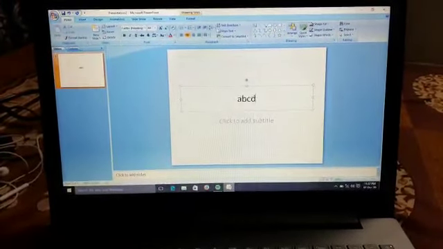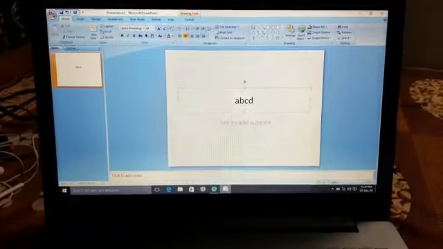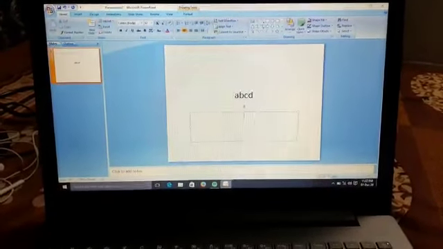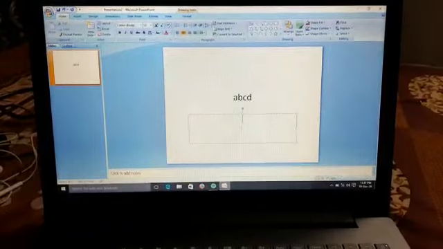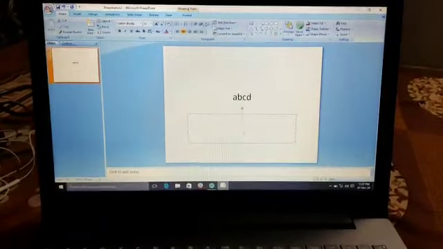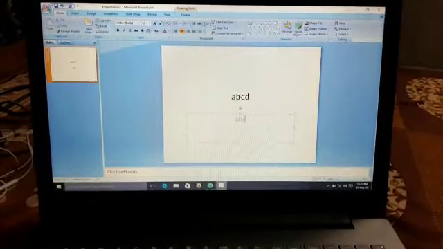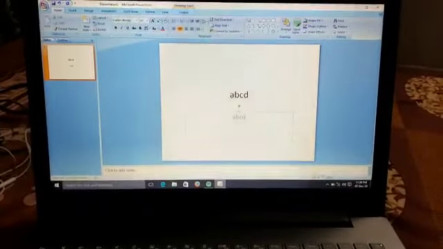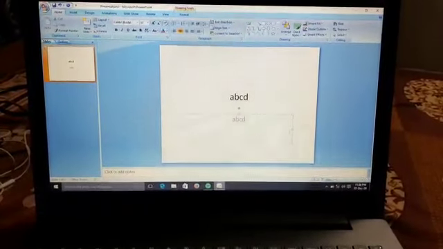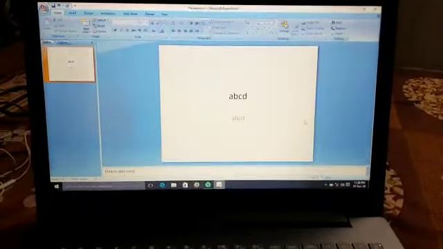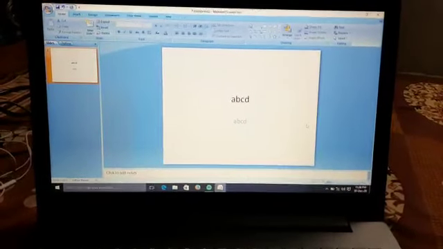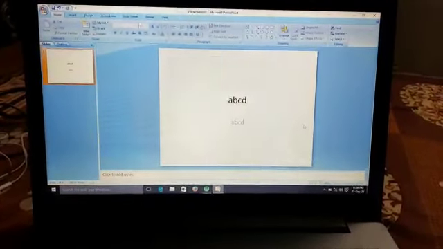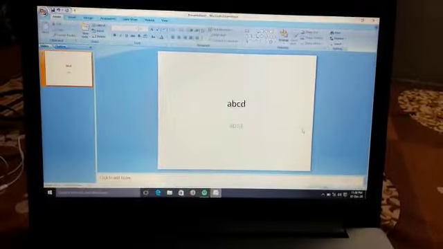Suppose I want to type ABCD, okay, I have typed. Similarly, click on Click to add subtitle, the second rectangular block. There, if you want to type something, after typing the text, click outside the text box. The typed text will appear in the slide pane. Now see, the boxes have been removed and we can see what we have typed.